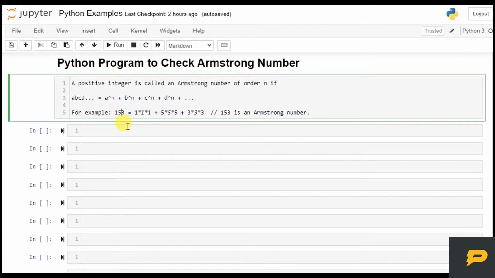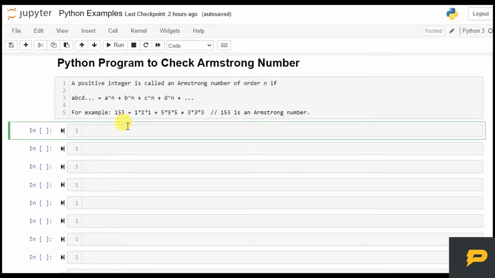Now, if we want to write a program, let's first build the logic of how we will go about this. If I have the number 153, I need first the 3, then the cube of it, then the 5 and its cube, and then the 1 and its cube. Then I'll sum them up. So how can I actually take one digit at a time? We will apply some sort of operations.